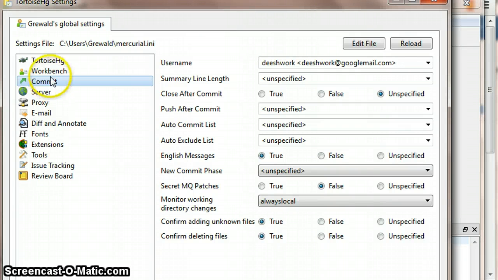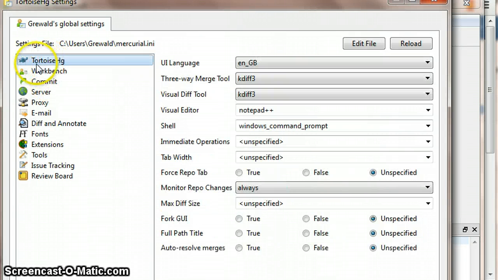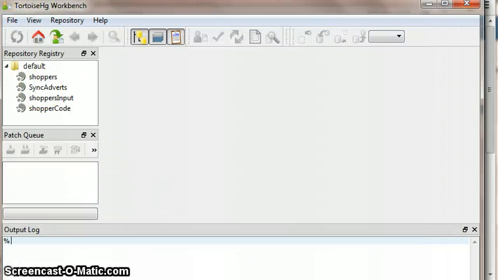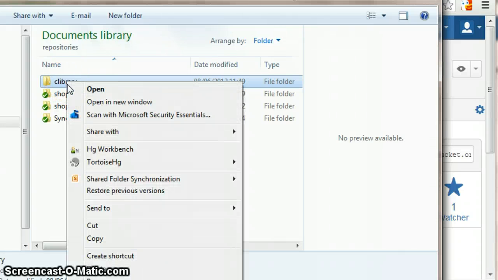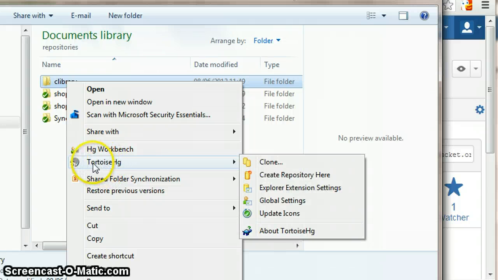And then the other thing to check for is just under TortoiseHG, the three-way merge tool, just choose KDiff3. And that's the only change you need to make, and then we just say OK. So these are global settings which are going to be applied. So I can now just close the workbench. I don't need to make any changes to that, and I'm going to right click on the folder I've created and then just go to TortoiseHG and click clone,